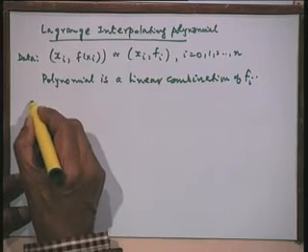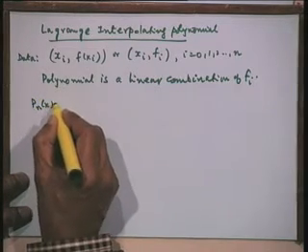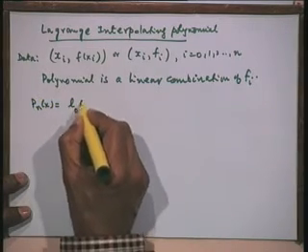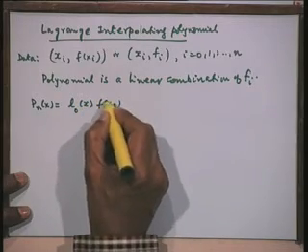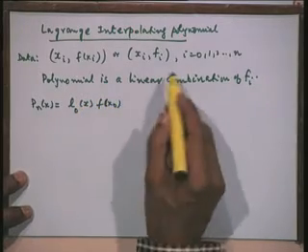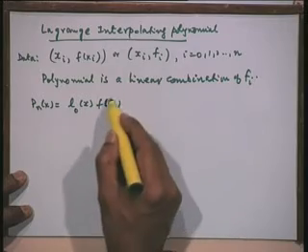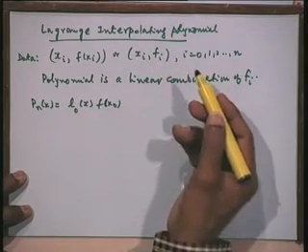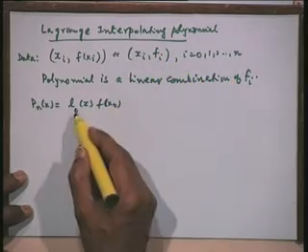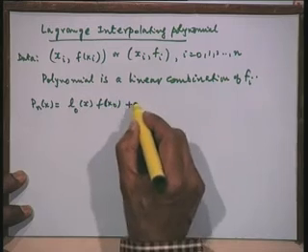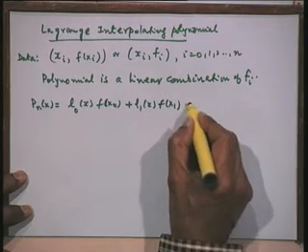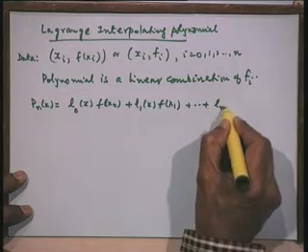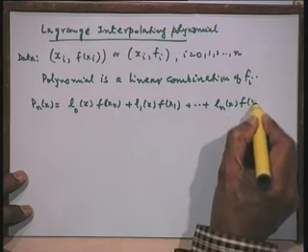That means, it should be of the form P_n(x) is equal to some, I will write it as L_0(x), some function of x, into f(x_0). That is because it is a polynomial of degree n in x. Therefore, these f(x_0), f(x_1), f(x_2), f(x_3) are all numbers, they are all constants. Therefore, L_0(x) f(x_0) plus L_1(x) f(x_1) plus so on, L_n(x) f(x_n).